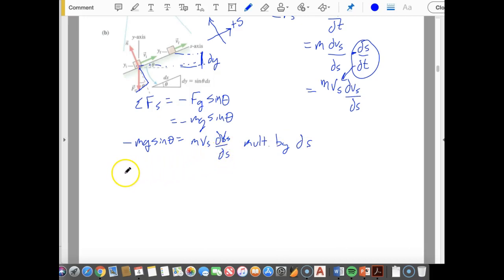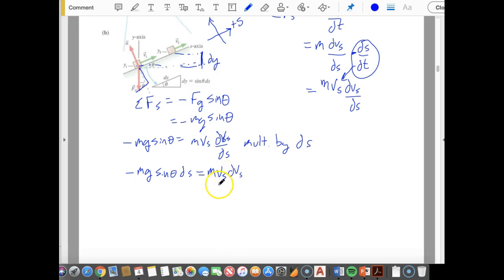And so when we do that, we're going to have negative mg times the sine of the angle times the change in the position is equal to mass times the Vs, and then notice that this ds is going to go away when we multiply both sides, so this will be dVs, so the change in the velocity in that